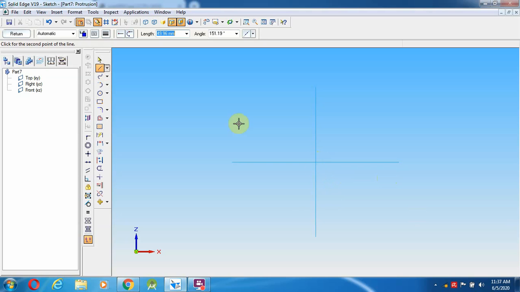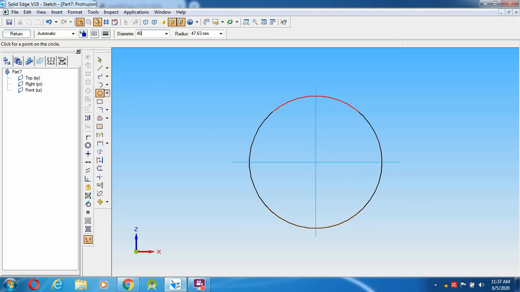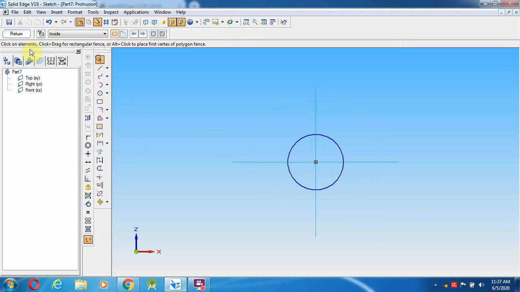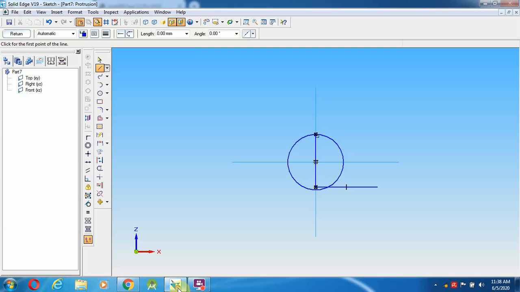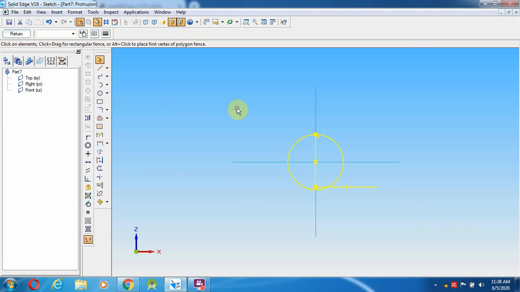Select a circle from here to draw the 40 mm diameter. So 40, after selecting the 40 mm diameter, from top to here as 38 mm. 3, 8, enter. 38, enter, towards a straight horizontal line and goes to over here. So this I am going to draw with the revolved cutout option. So mistakenly I selected the protrusion option.